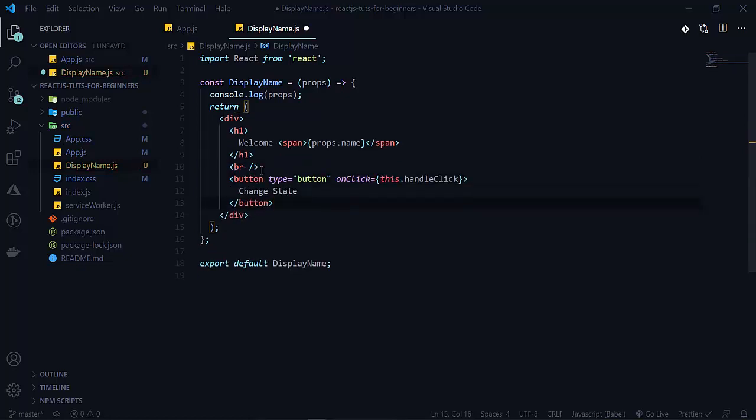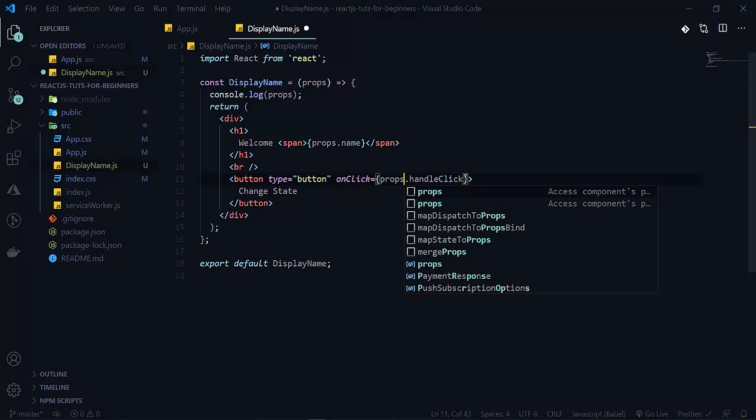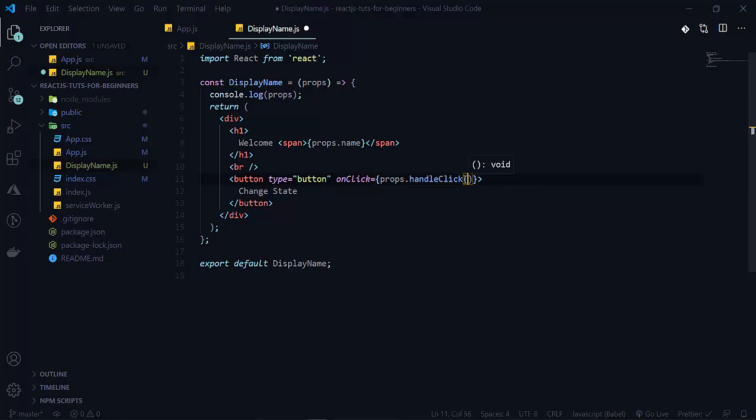So here will be the button here. So this.handleClick. There will not be any function here. So here will be props.handleClick, and we will call the function here. So let me first remove this onClick here.